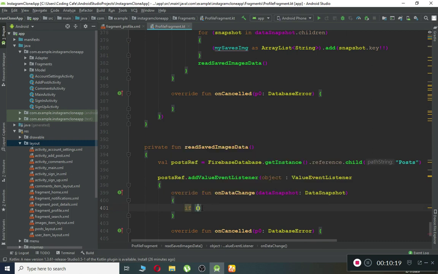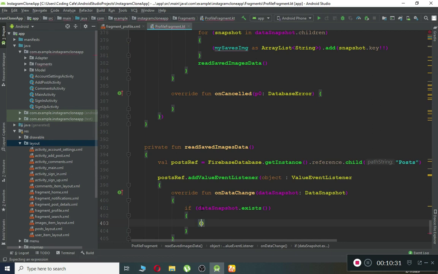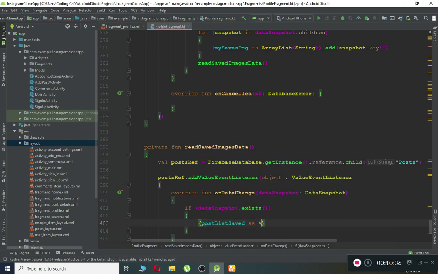If dataSnapshot dot exists, if that post key exists in the post node, then first of all we have to make sure to clear our list if there is anything already saved in it. So we can say that is post list saved as ArrayList